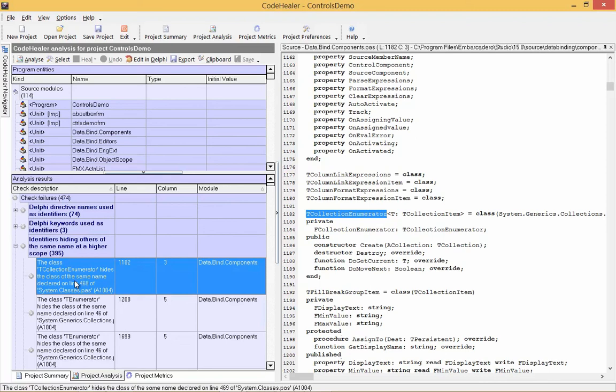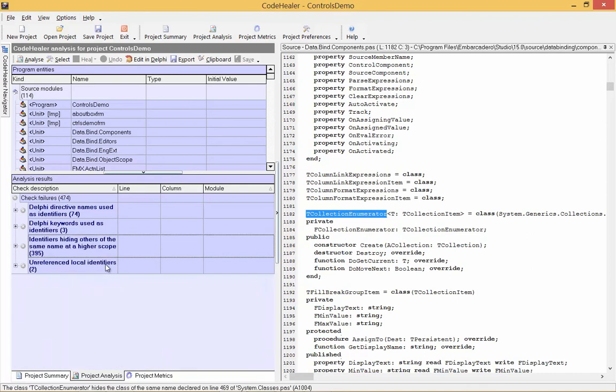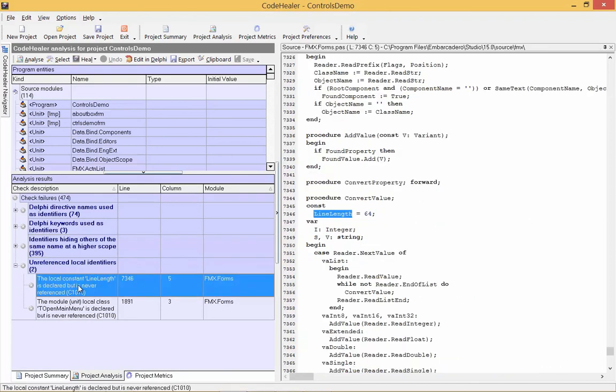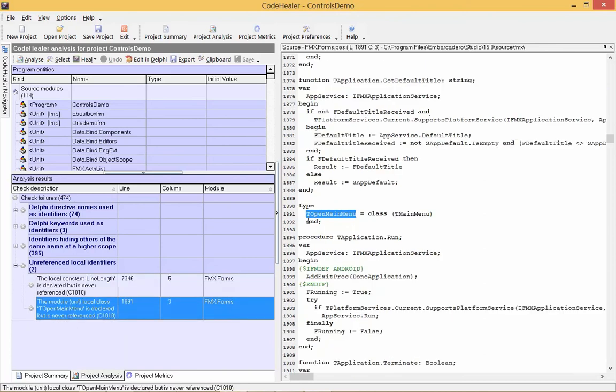And this name hiding can sometimes introduce insidious sorts of errors. And then the last category that it's discovered here, 2 unreferenced local identifiers. So this constant line length here has been declared but never used, and this class has been declared but never